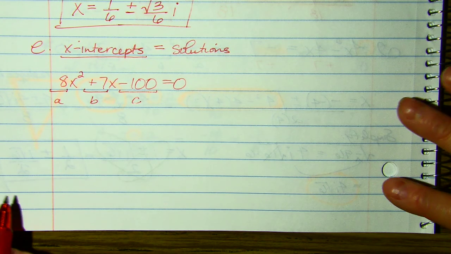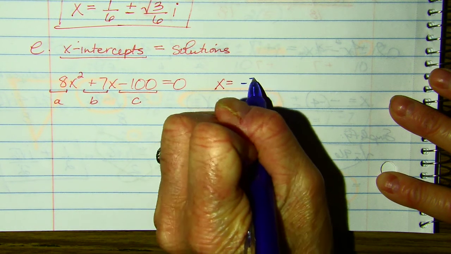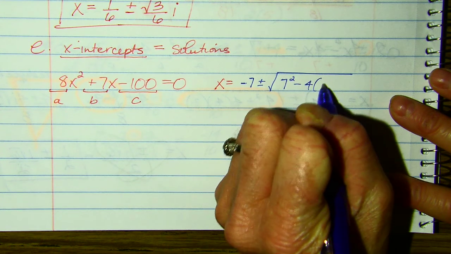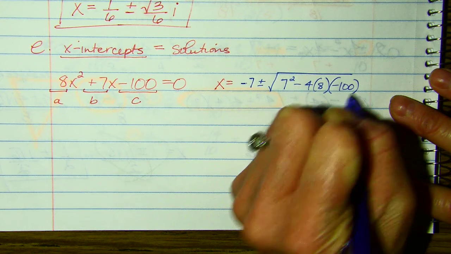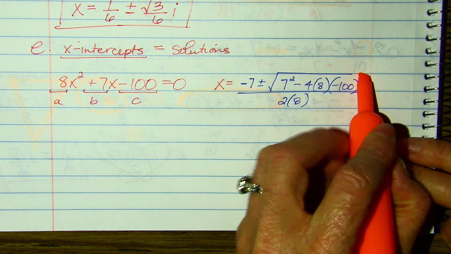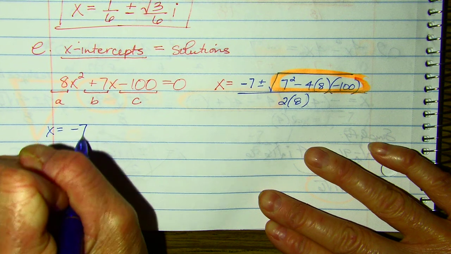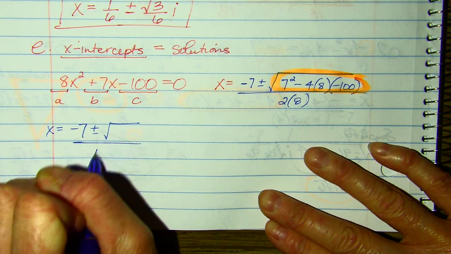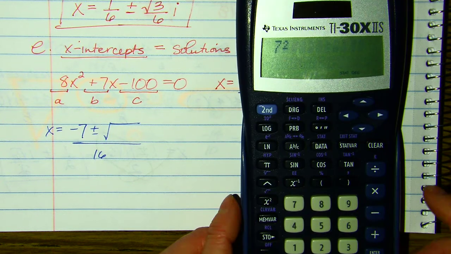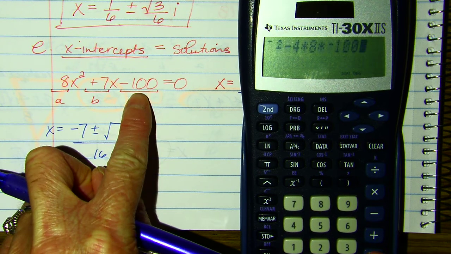All right, so now I have x equals negative 7 plus or minus the square root of 7 squared minus 4 times A times C over 2 times A. And we always simplify what's inside. So x equals negative 7 plus or minus the square root over 16. And I'm going to enter this in my calculator. So 7 squared minus 4 times A times a negative 100, and I get